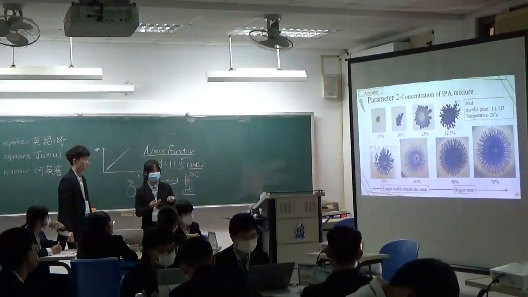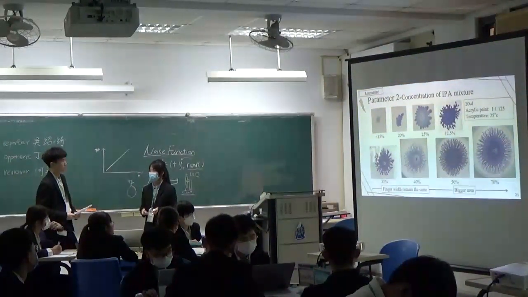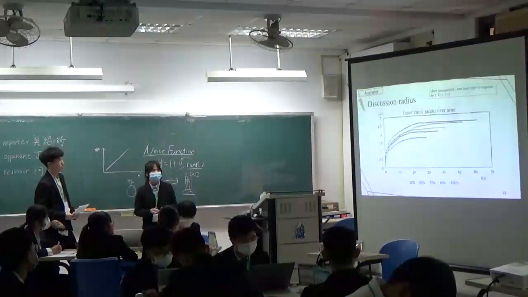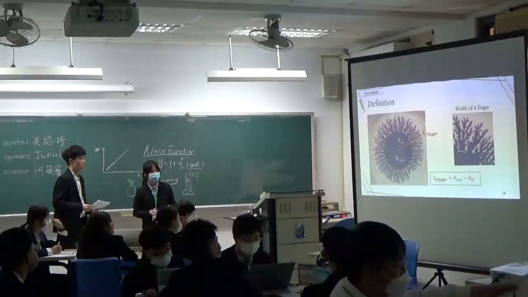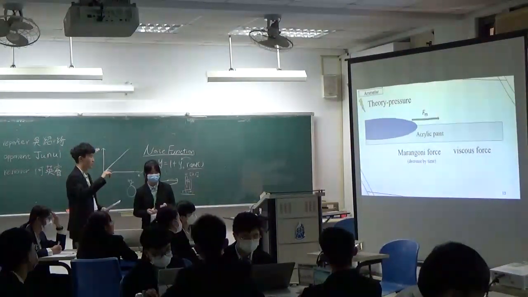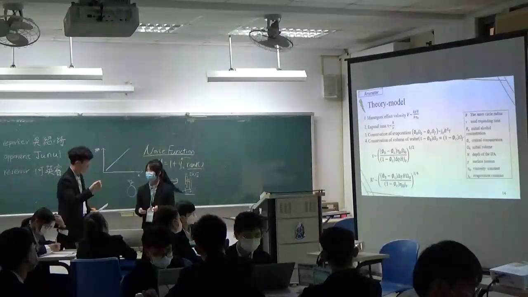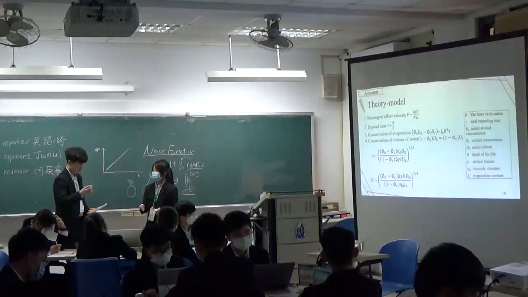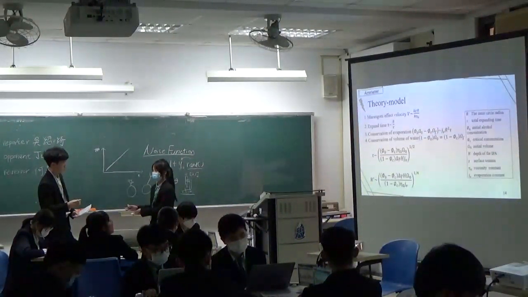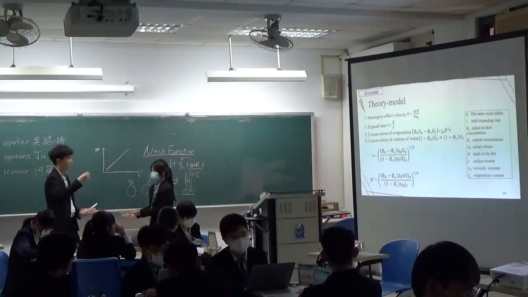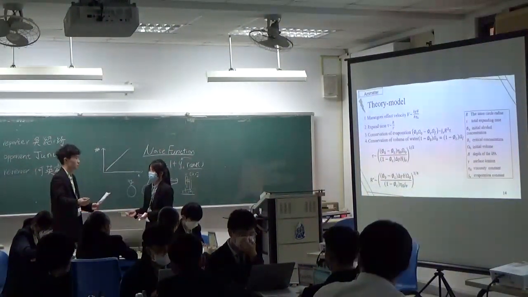We just did the experiment and found that 32.5% is the critical concentration. I think you need to be more clear about what you define as critical concentration. The critical concentration is when the fingers start to form, and we define that concentration as the critical concentration. But if you just give a number like 32.5%, I'm not sure what you're talking about or what equation you got it from, right?